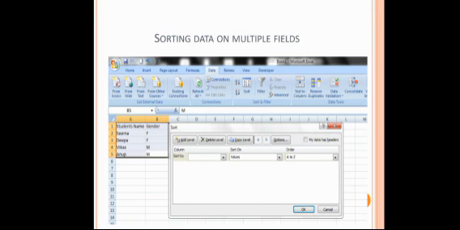This will be the window by which you can sort data on multiple fields. Firstly, you have to fill the column name, that is, sort by which column you want to sort, on which basis it should be sorted, and what will be the order of sorting. It may be ascending or descending. After completing it, you have to add a second column, and for adding the second column you have to first select the Add Level button available on the left hand side. After that you will get another option for mentioning the details, fill in those entries, click on OK, and sorting will be done according to multiple fields.